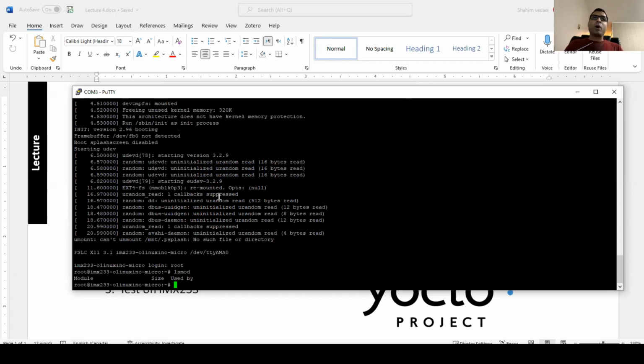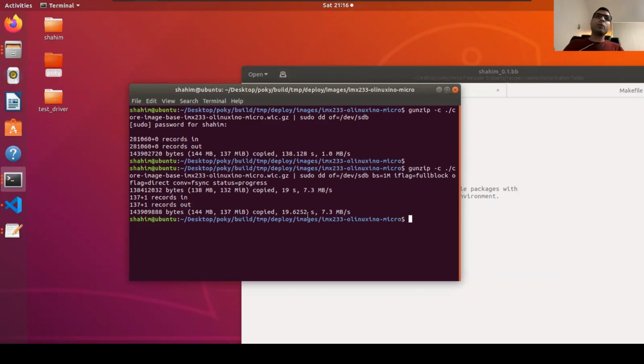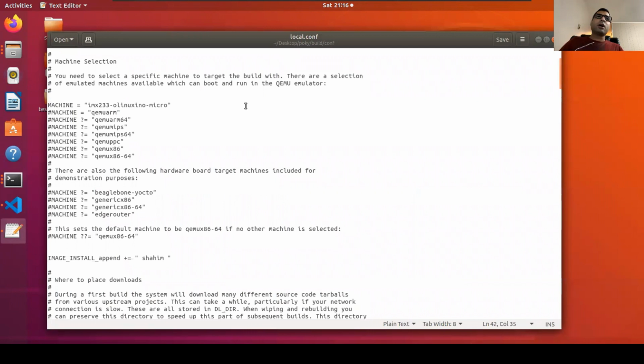So what we can do, let's power off this board. We can ask Yocto to put some variable into the kernel and ask the kernel to automatically run our own driver. To do that, we have to go to the local.conf and add this line,